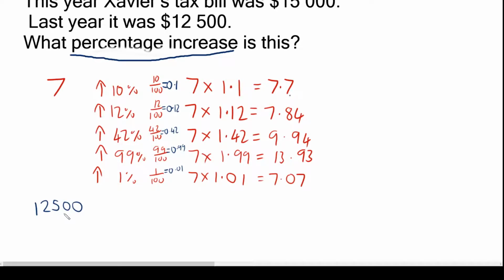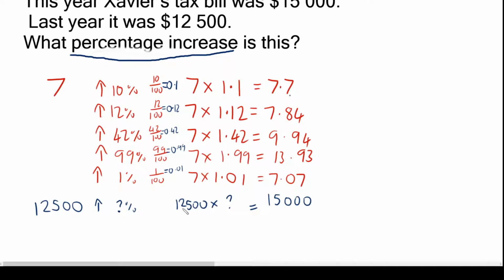Okay, so this year Xavier's tax bill was 15,000. Last year it was 12,500. What percentage increase is this? So 12,500 went up by some percent. I don't know, I've got question mark percent. And here's how I write the maths for it. 12,500 times by some number. I don't know what it is. It gave me